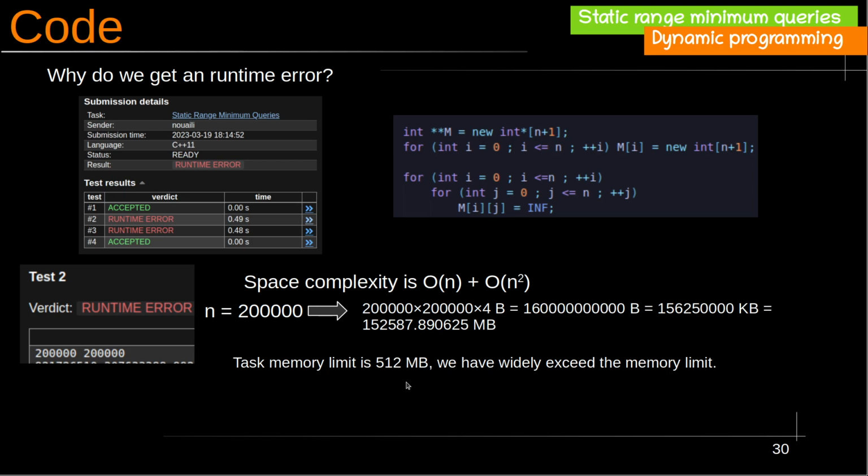As you see in the picture here, the memory limit of the task is 512 megabytes, and by using the dynamic programming approach, we have a space complexity of big O n squared that gives me